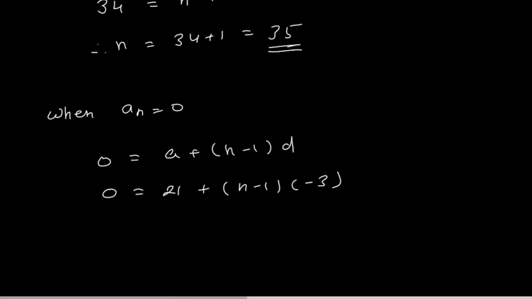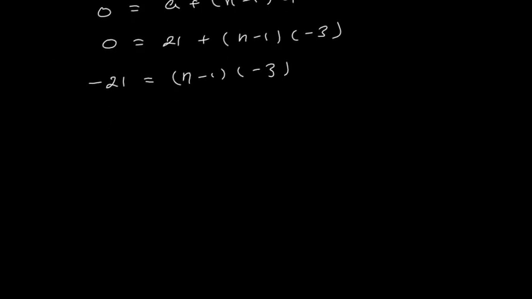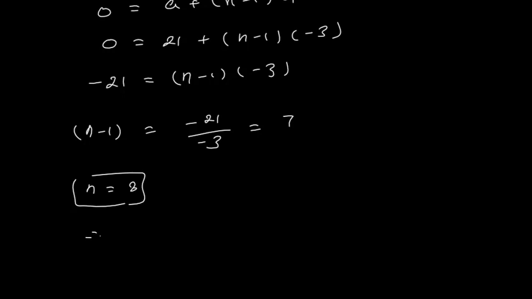So we will move this 21 to the left hand side. So I have minus 21 equal to n minus 1 times minus 3. This gives me the value of n minus 1 is equal to minus 21 divided by minus 3. So minus minus cancel, and in the table of 3 we have 21, 3 7s are 21. So n minus 1 is 7, n is equal to 8. So I will say that the 8th term